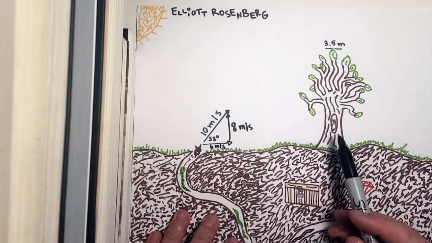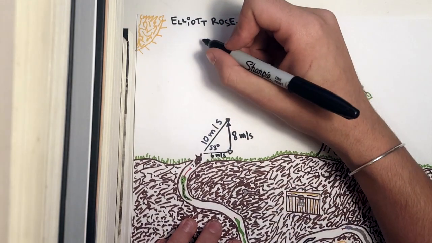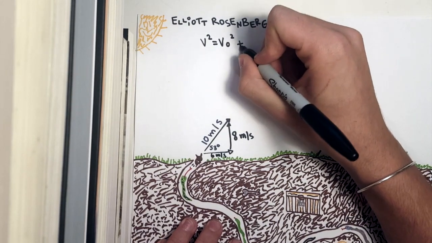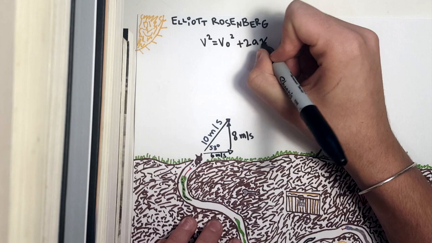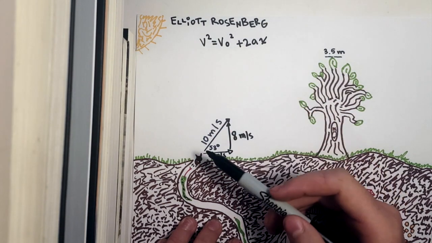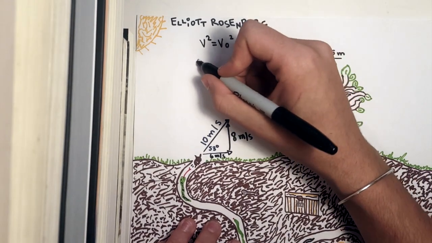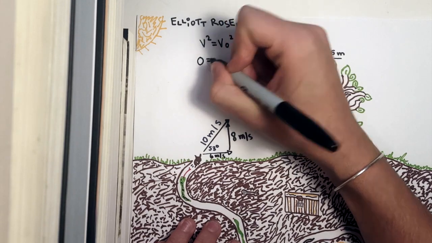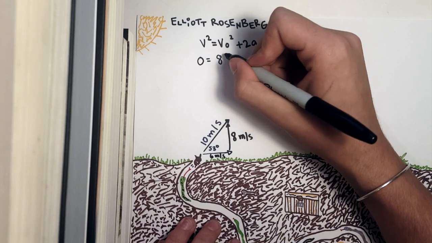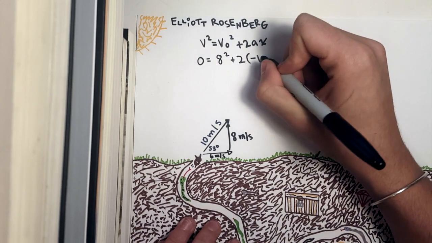it vertically over this pine sapling, and so we can use our handy-dandy equation of v squared equals initial velocity squared plus 2ax, and we can plug in our final velocity as 0 because when Jimmy is at his peak, his velocity is at 0, so we know that 0 is equal to, and his initial velocity in the vertical direction is 8 meters per second squared plus 2 times our gravity, which is negative 10 over here on the